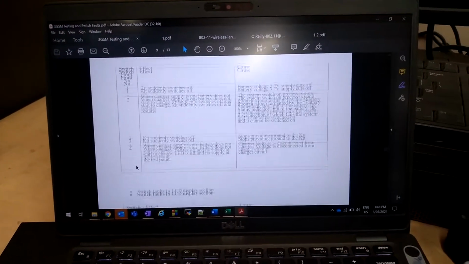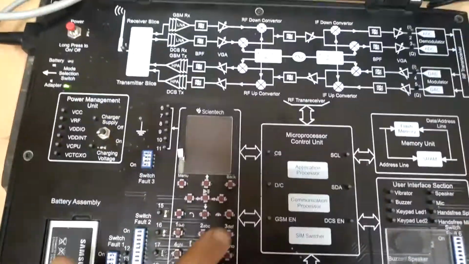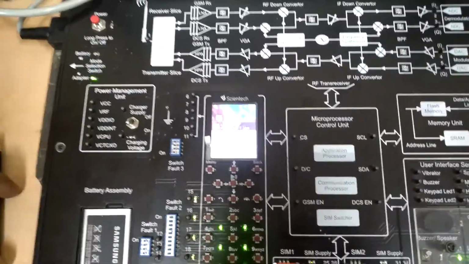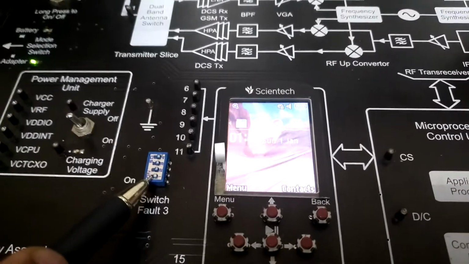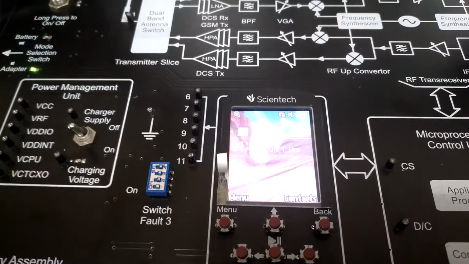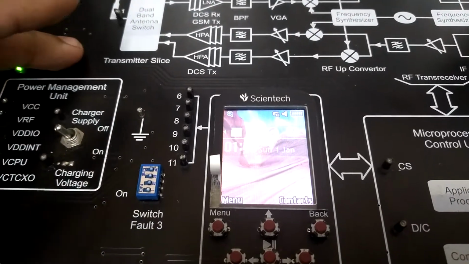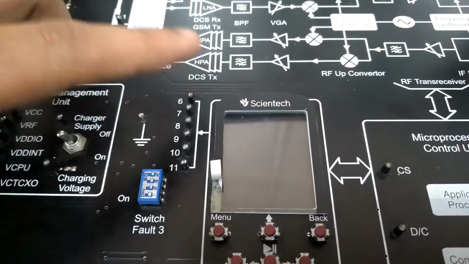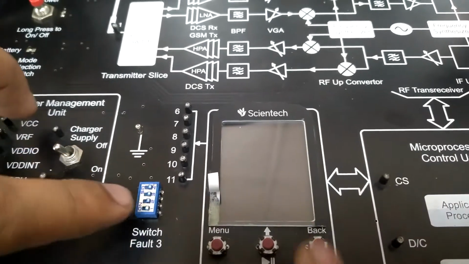Okay. So first we will start directly with the LCD fault. We need to turn on the kit, and here you can see this is switch fault 3, which is for the LCD. The switches are given: switch 1, 2, 3, 4. Switch 1 is for creating the fault for the backlight. We can observe the normal behavior of the LCD, which turns off after some time, like 5 to 10 seconds. So if we create this fault,